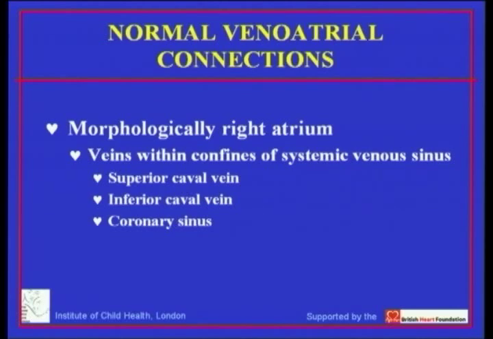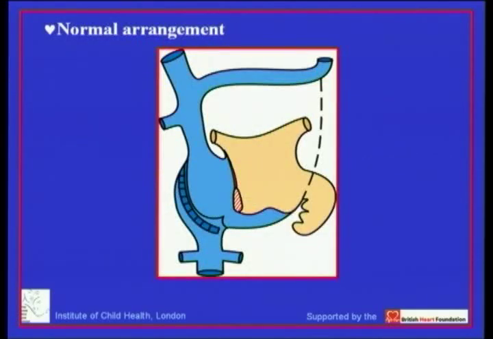morphologically left atrioventricular junction. And as we move on, we're going to have to concentrate more and more on what is morphologically left as opposed to what is left-sided or what is right-sided. So the systemic venous tributary is morphologically right atrium, and for determining what's abnormal, first of all, we need to